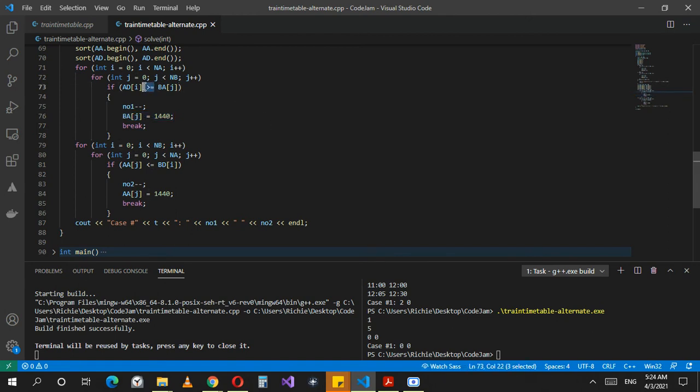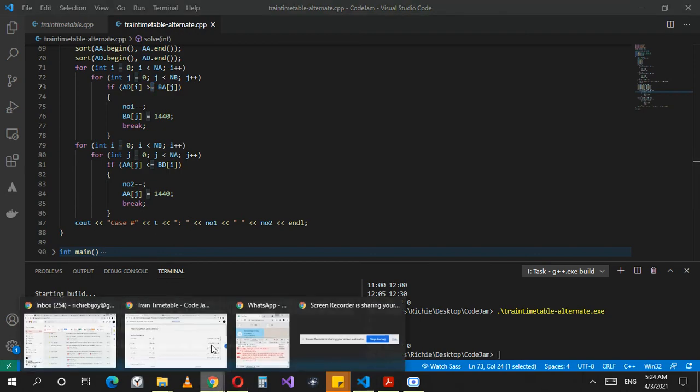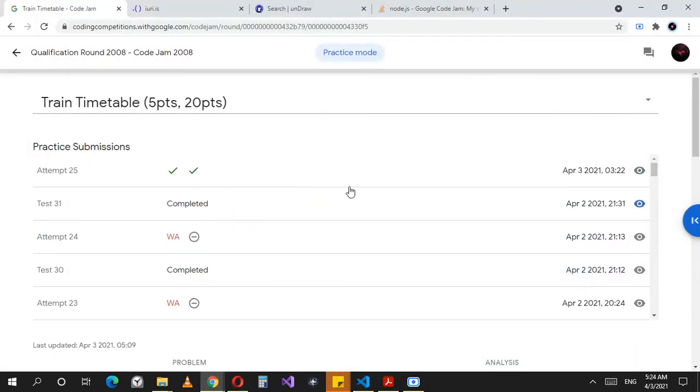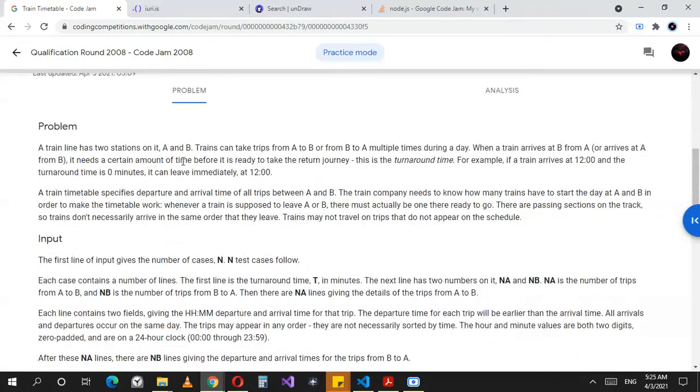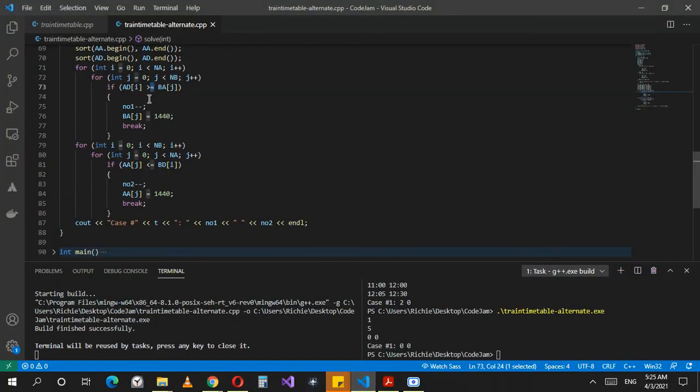And it can be greater than, see, look at this, it can also be equal to, because they say here, if the turnaround time is 0 minutes, and if train reaches at 12 and the next train has to leave at 12, it can immediately leave at 12. So greater than or equal to, and same case here, less than or equal to. For the next loop, it's the same thing. I'm checking if any departure from b happens after the arrival from a, and I subtract it from the second output,